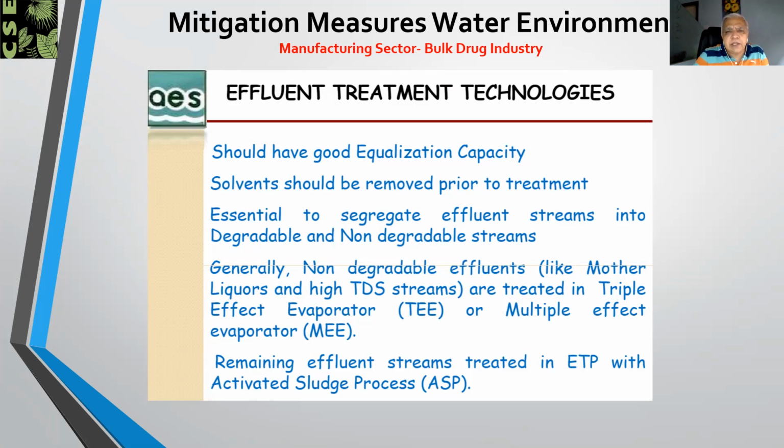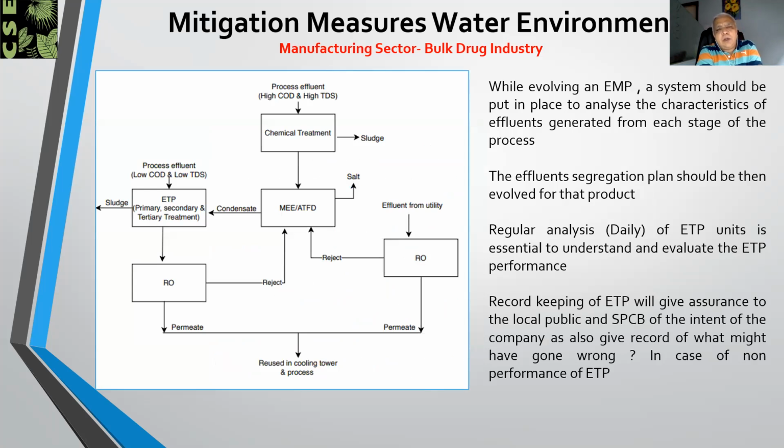So first of all, it is very essential that when we do planning for the effluent treatment facilities for a bulk drug unit, we should know the effluents which are generated. I have seen some manufacturing units where they have made it a practice that before introducing any bulk drug into their production system, they analyze the effluent which is generated at each step of the manufacturing process. They have some method to classify the effluent based on their degradability as highly biodegradable, meaning the BOD to COD ratio is more than 70%, then it is separated. Whereas if the BOD COD ratio is less than